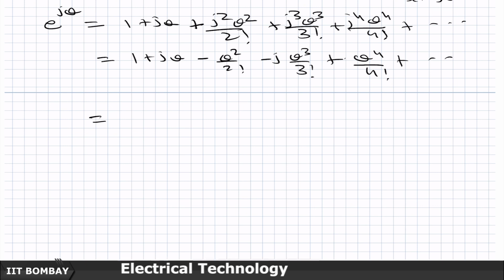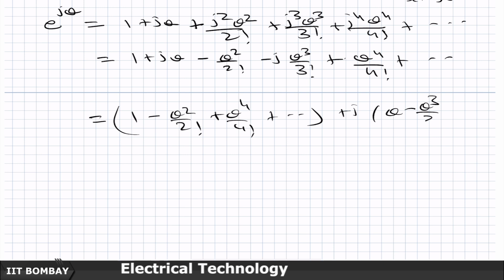So this can be written as 1 minus theta square by 2 factorial plus theta to the power 4 by 4 factorial, plus j times theta minus theta cube by 3 factorial plus theta to the power 5 by 5 factorial and so on. So, you will get an expansion like this,